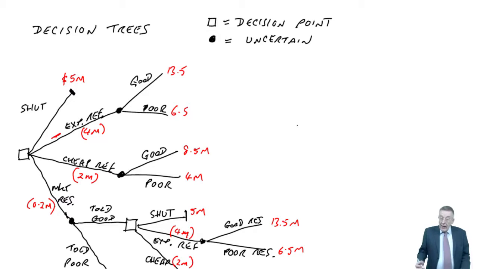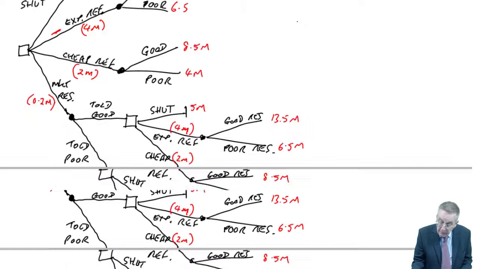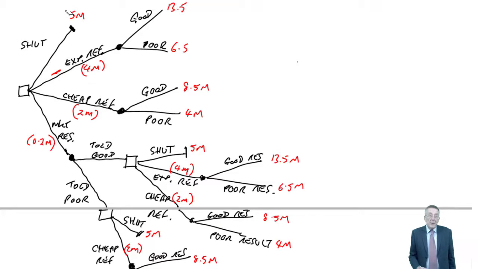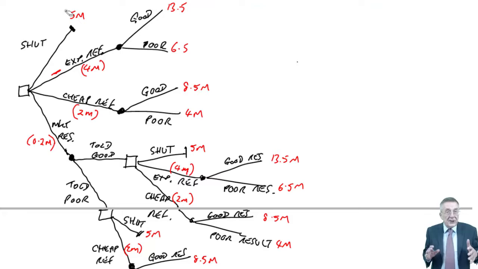So, I hope we're all there so far. We've drawn the diagram showing all the various things that can happen. And we've now done the costings in the sense that we know, depending on what we do and what happens later, where we'll be spending and what we'll be receiving. To finish setting it up, let's now put in the probabilities, because whenever there's uncertainty,